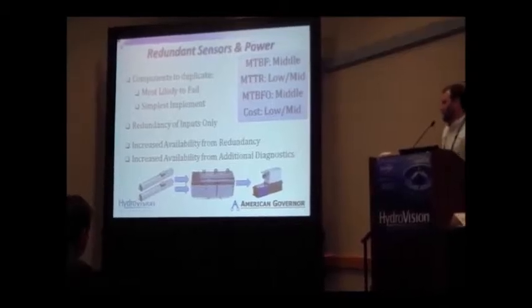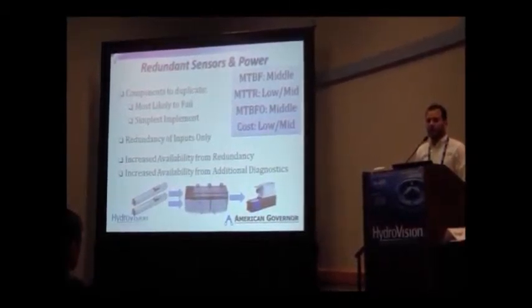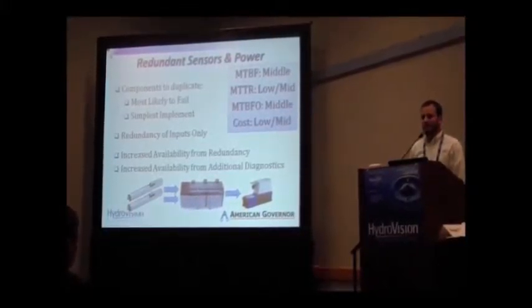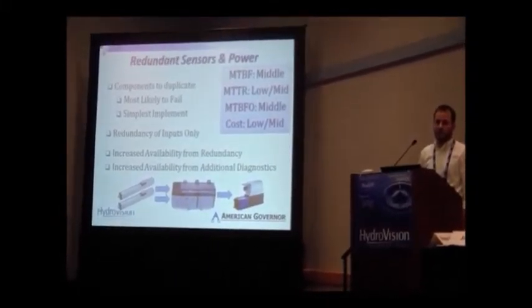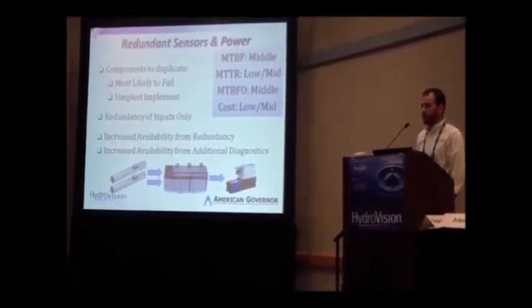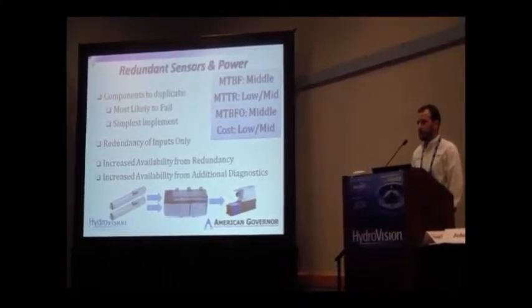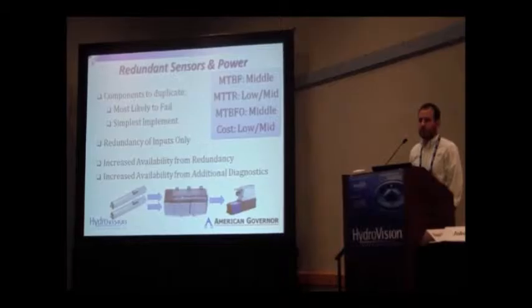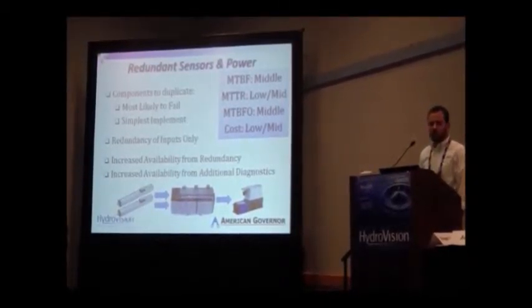So, if you want to increase your availability more than a simplex system, it's the next logical step. You want to duplicate the components that are most likely to fail and the components that are easiest to duplicate. And that's typically your input signals and your power sources. Your power sources, because as most of you know, power sources are the most likely to fail. Power supplies, fuses, breakers. And they are easiest to implement because with most redundant configurations, there's no logic involved at all, just monitoring. Inputs are a little more complicated, but not much.